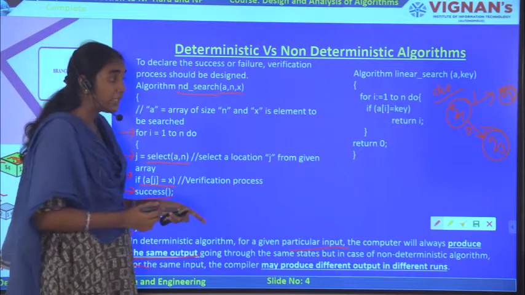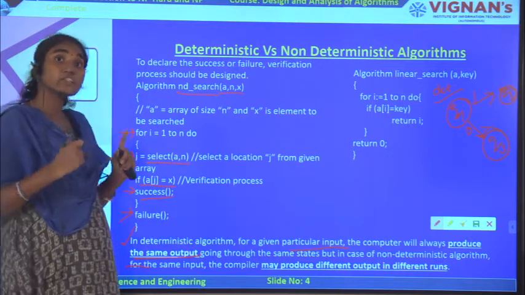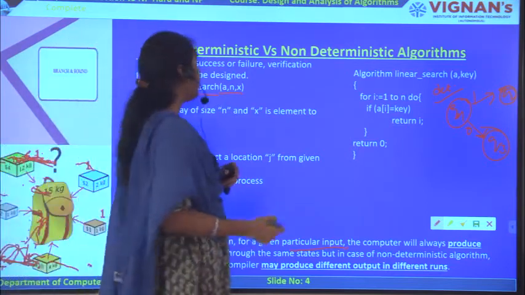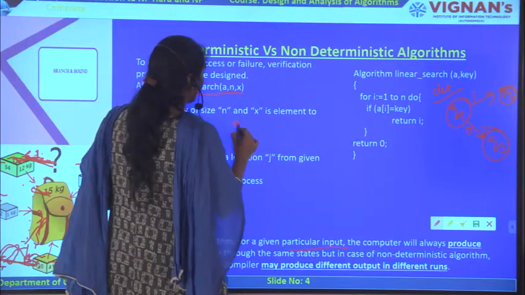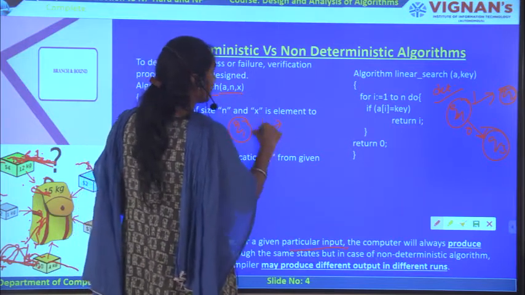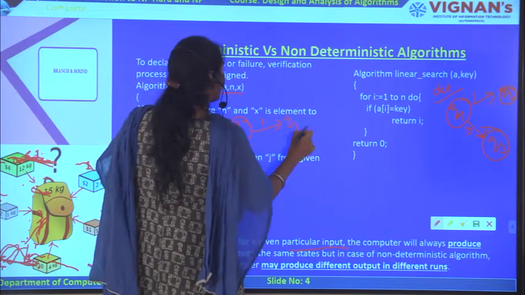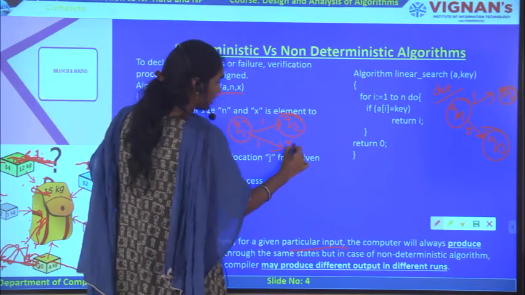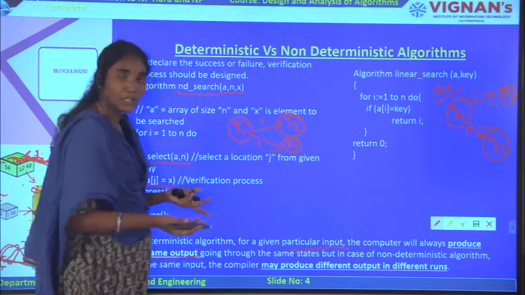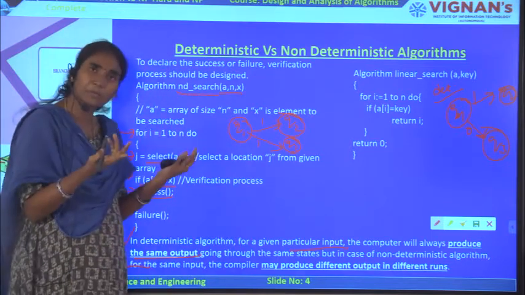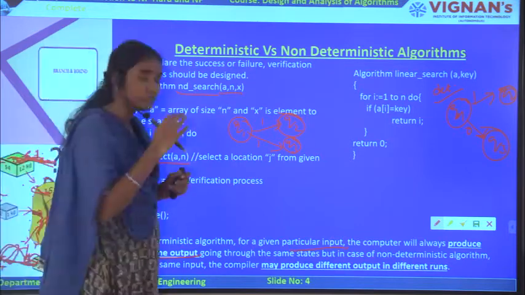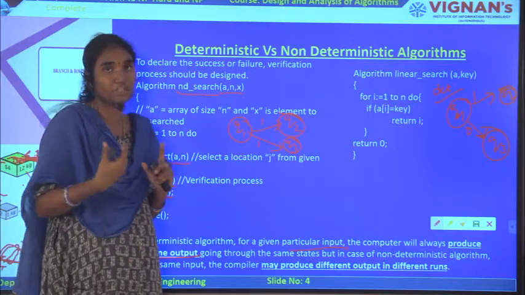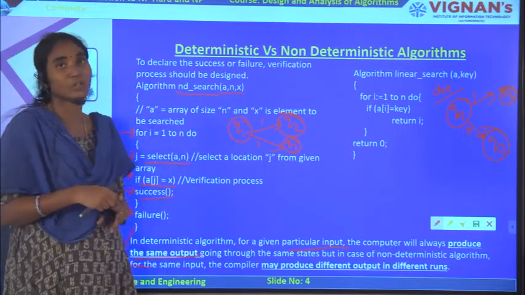Now, for a non-deterministic algorithm, each time the output varies. For each and every attempt, the output will be varied. For example, let us consider here for Q1, if I am giving the input as 1, I will be getting Q2. If I am giving the same input 1, I am getting the output as Q3 the other time. So here it is non-deterministic. For the same input, I will be having two different outputs, right? So for each and every run or each and every attempt, I will be having different outputs or different results for a non-deterministic one, right?